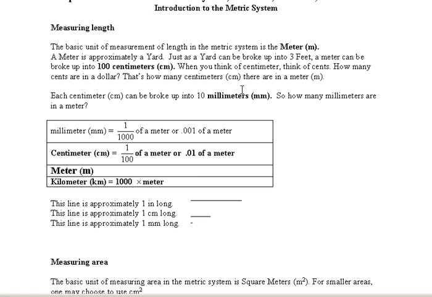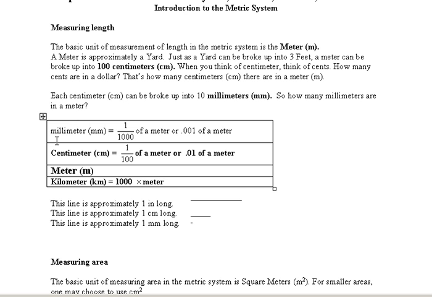centimeters. When you think of a centimeter, think about cents. How many cents are in a dollar? 100. Well, that's how many centimeters there are in a meter. Each centimeter can be broken up into 10 millimeters. So how many millimeters are there in a meter? Well, if there's 10 millimeters in a centimeter and 100 centimeters in a meter, then there's 1,000 millimeters in a